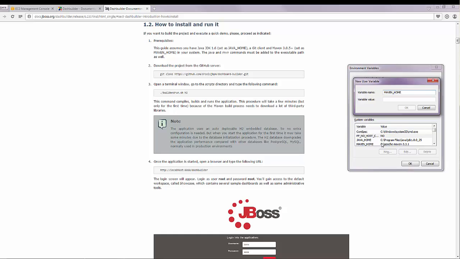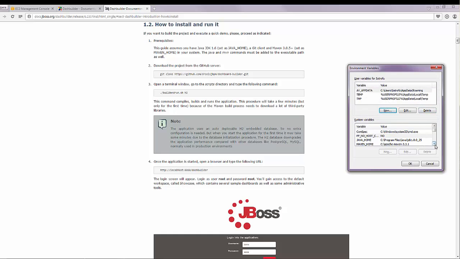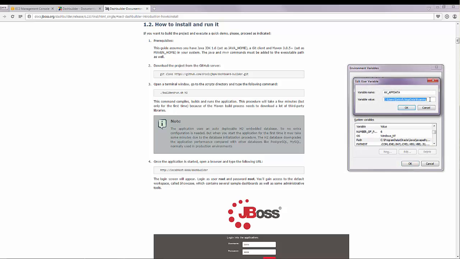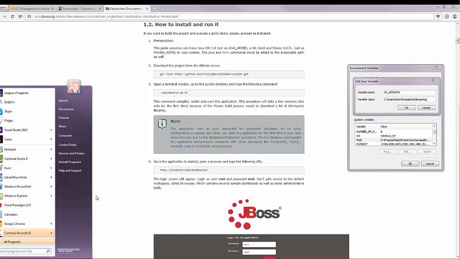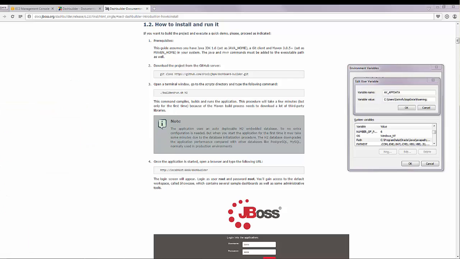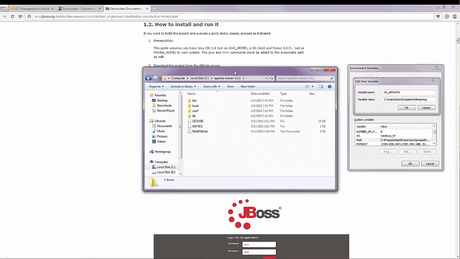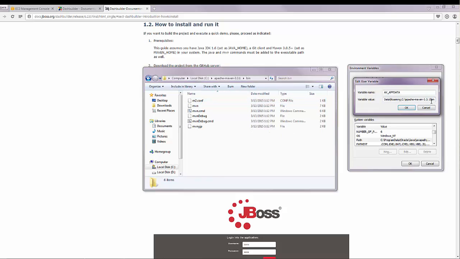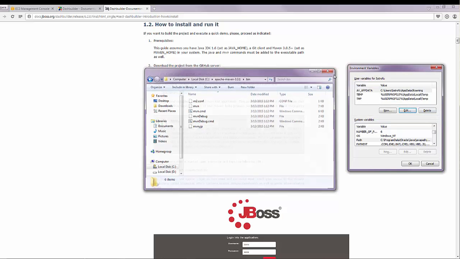Afterward, you have to do a little extra step for Maven. In the path, click Edit, go to the last instance, and you will have to do this. Add a semicolon, and then give the path to the bin folder inside of Maven. I mean this folder, the bin folder. So you will put this path. When that's done, click OK